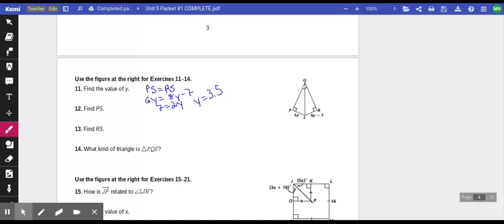So if y equals 3.5, PS is 6 times 3.5, which is 21. RS also equals 21 because they're equal, or you could do 8 times 3.5 minus 7,